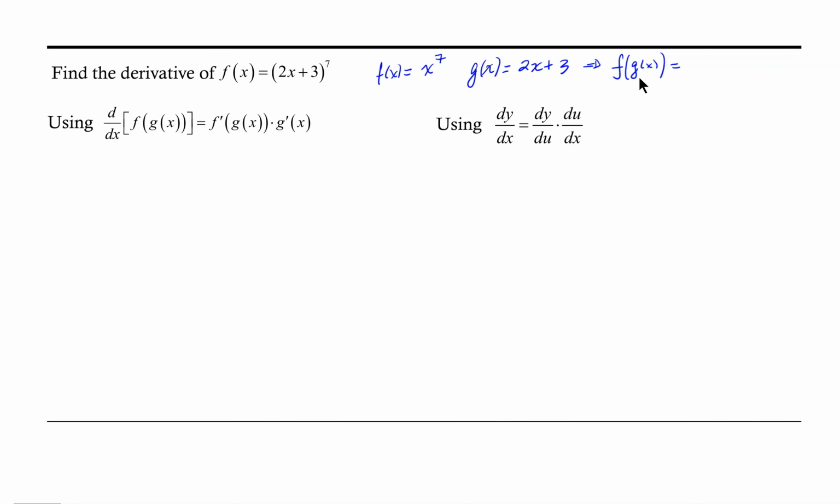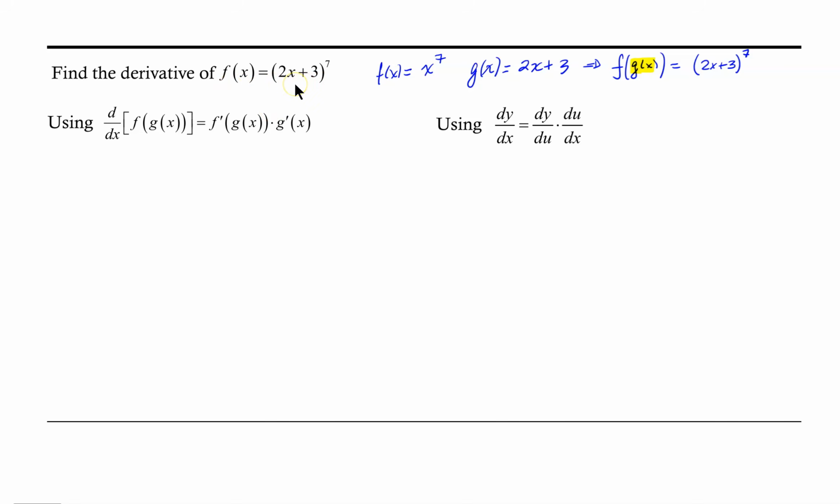My f function was x to the 7th power, so I'm going to have something to the 7th power, and then I'm going to replace every instance of x with the g of x function. The g of x function is 2x plus 3,